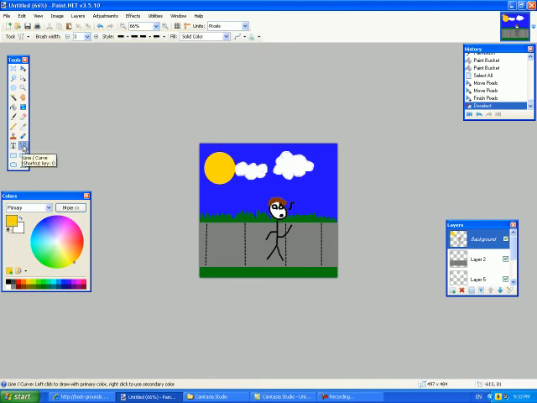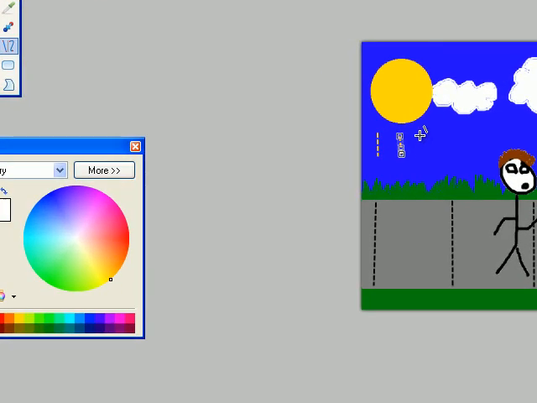Okay, so now that I'm there, I'll go back to some lines, and oh, you know what, maybe not lines. Yeah, sure, a couple lines. I'll give myself a couple lines, a little bit of rays, and go back into my paintbrush. And there we go. Now I have clouds and rays,